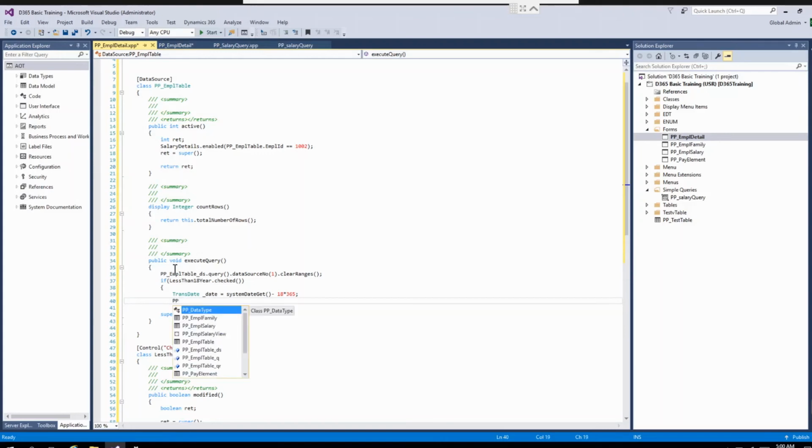Okay, now I have to apply the range. Here I have to apply the range. I have to filter the data based on the birth date. So apply the range. So for this query I have to go to the database.